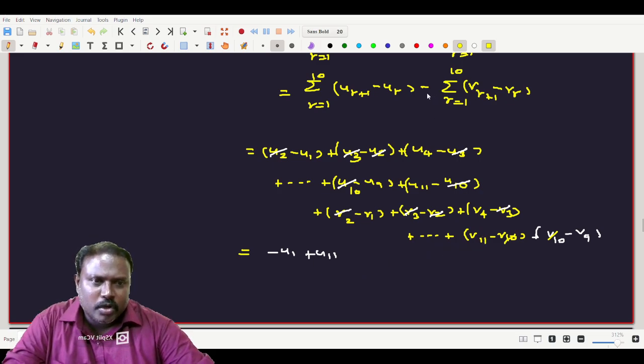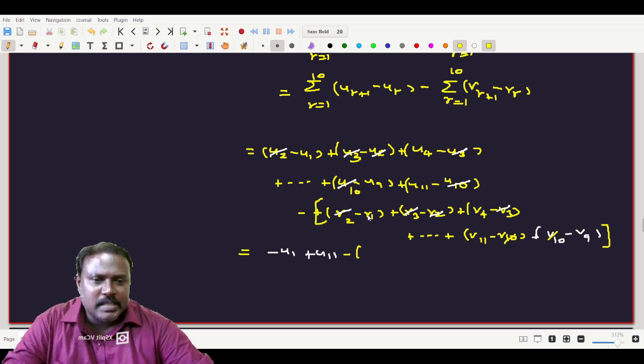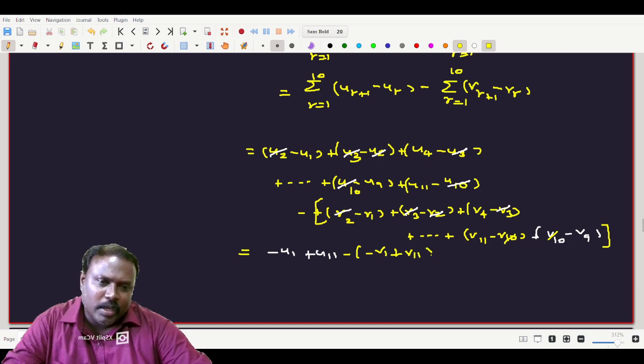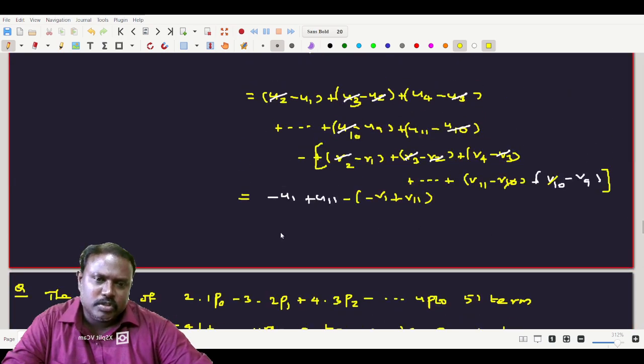Okay, so here minus is there, so this minus is common. If we run the summation, this place I will be getting minus. Outside minus is there, minus of minus v1 will come here, plus v11 will come. So my final answer will be this one. So this is equal to